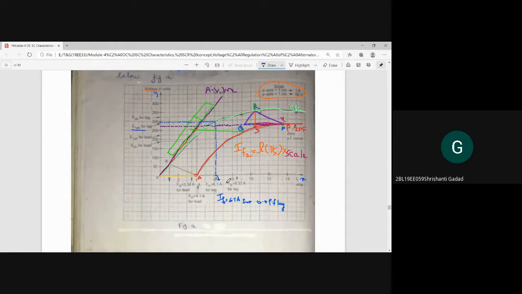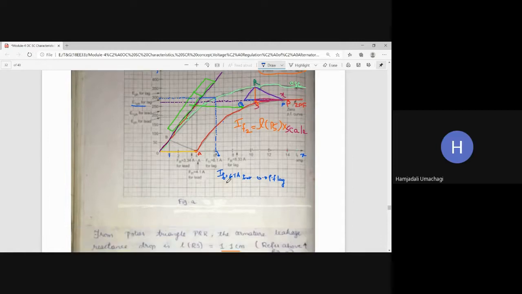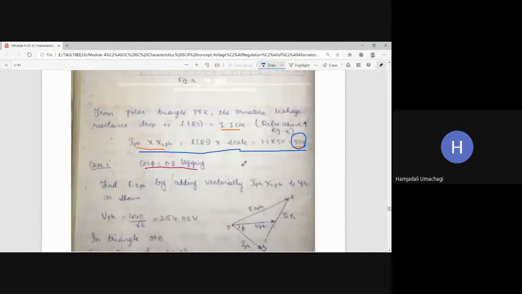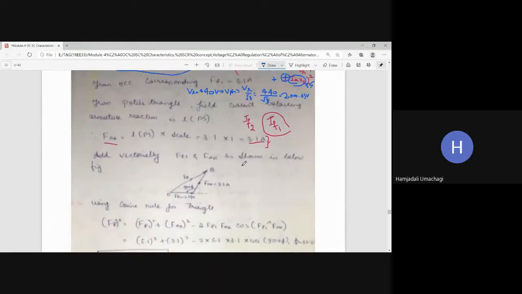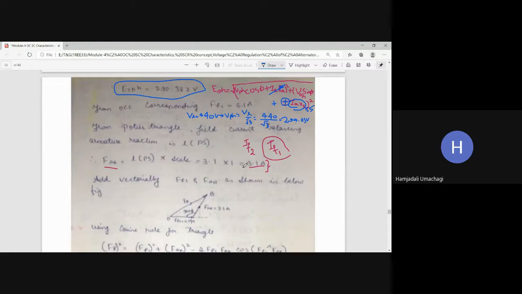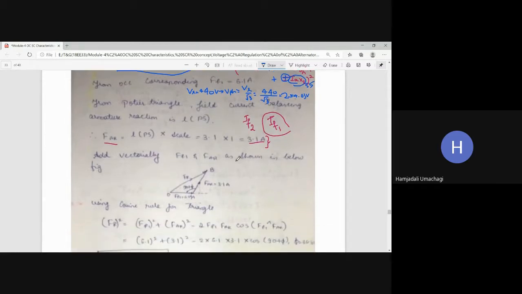Now, I got IF2 as 3.1 and IF1 as 6.1. Now, once again, you make use of the MMF method formula. What is the resultant IF? Resultant IF is given by what formula? Don't use all these triangles that we use in the MMF method; I'm just explaining with the simple method here. Resultant IF is equal to square root of what?